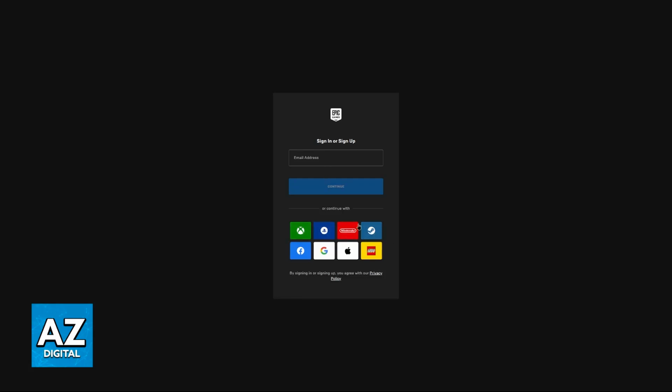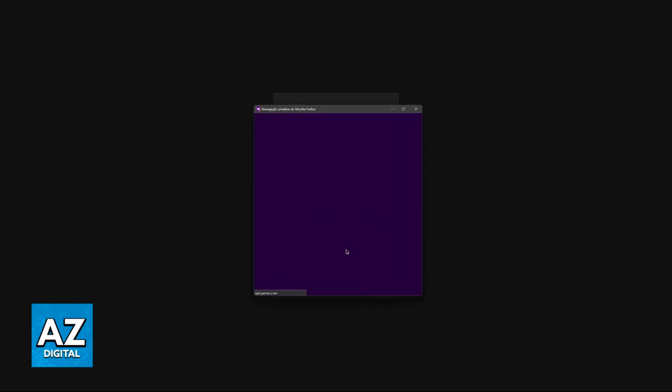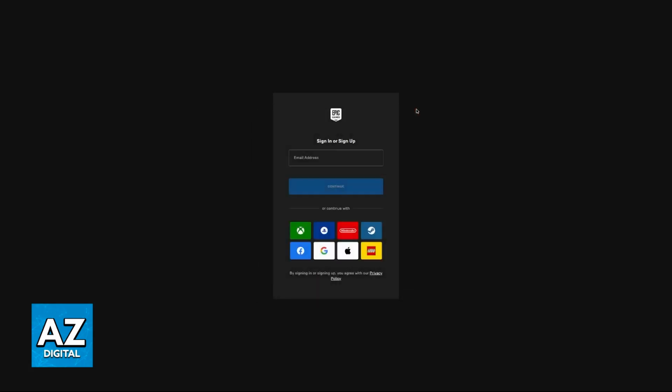Alternatively, you can select any of these icons here to create your account using one of these services. You even have the option to use your very own Apple account. Regardless of which option you pick, you will be able to set up your account this way. Now, it should be obvious that I am doing this process on my computer, but it is going to be exactly the same for your iPad.